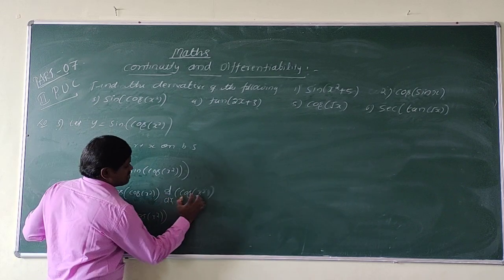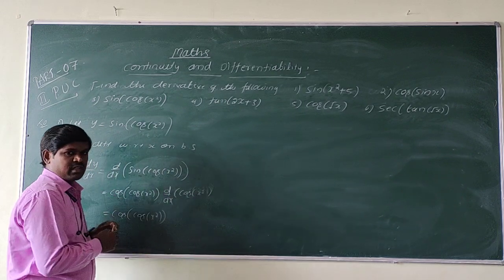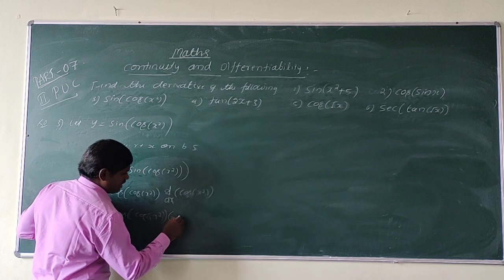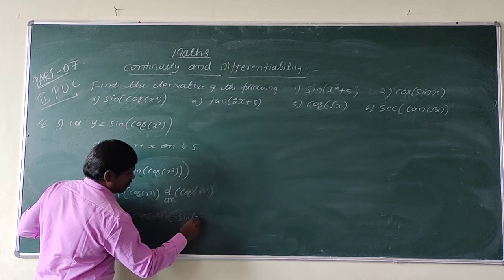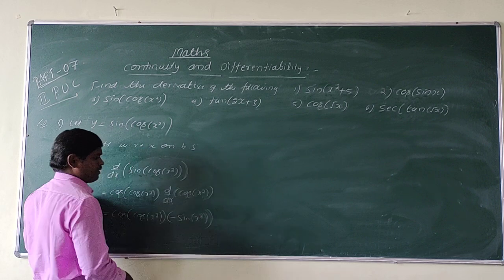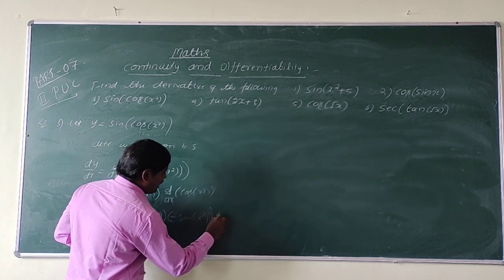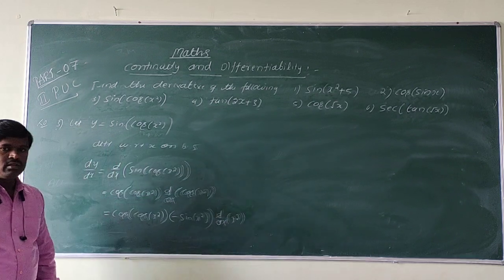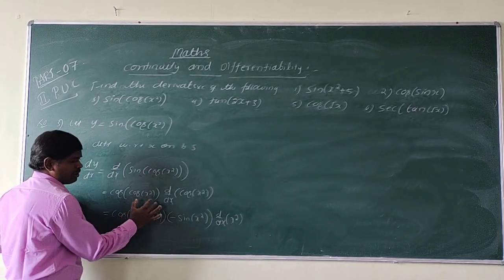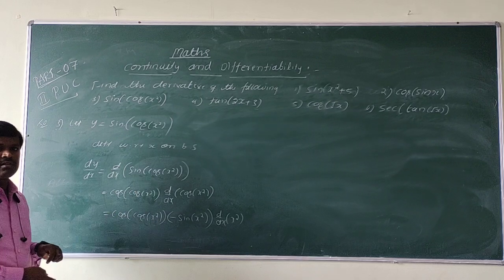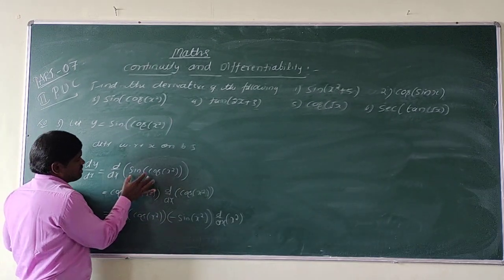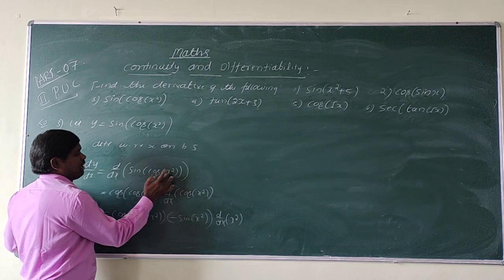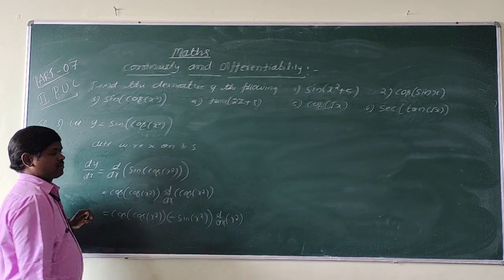Okay, so now which is equal to cos x square into d by dx. Again we are going to differentiate this. Assume that this is cos x. Differentiation of cos x is what? Minus sin x. So minus of sin of x square into d by dx of what? Differentiation of x square. See here, simple term. We are going to differentiate three terms. First we differentiate sin x, then cos x, and then x square.